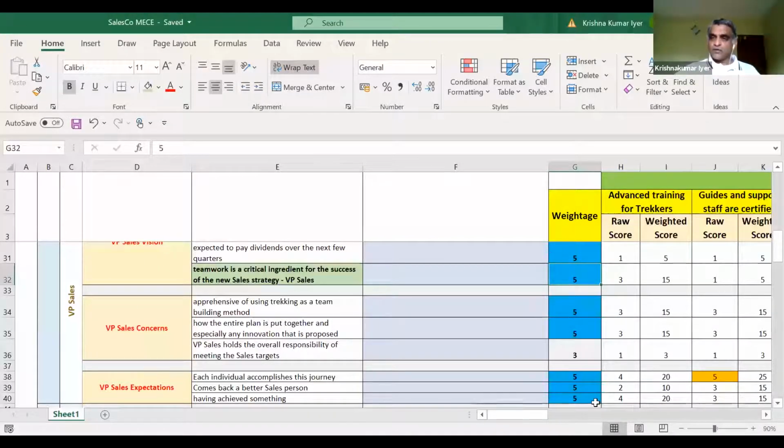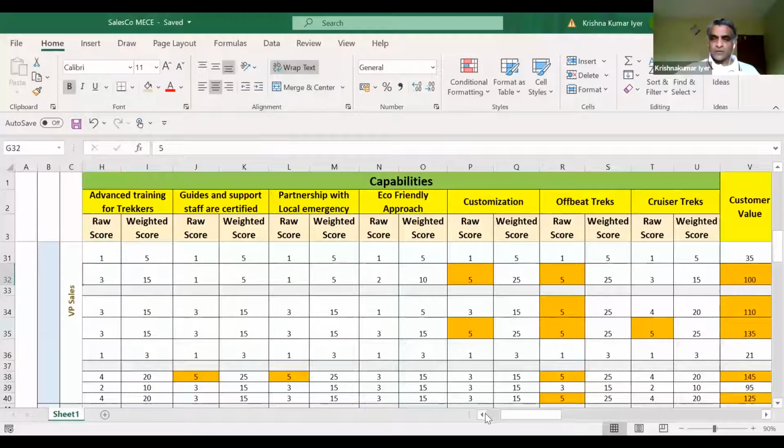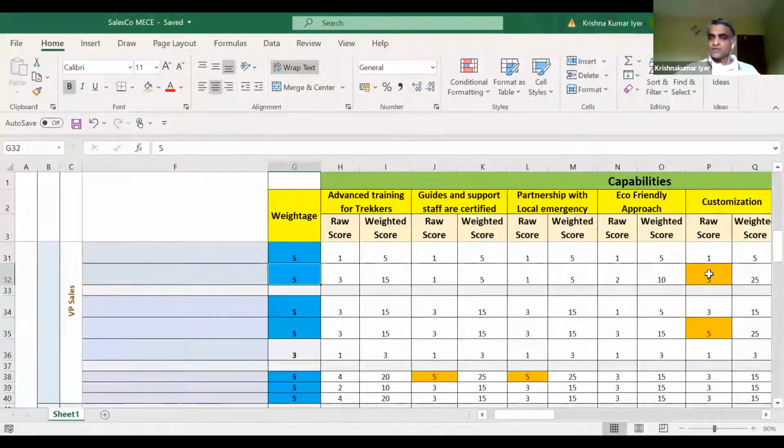What do we do next is when we try to map this to our capability. Remember, this is teamwork that the VP of Sales is concerned about. And the solution that we are offering to the client is to say that, you know what, we will partner with a very good sales consultant, and the sales consultant will be with us during our trek. The sales consultant will train and coach your people on how to work very well together as a team and why it is important to work together as a team. That's a solution that we are offering.